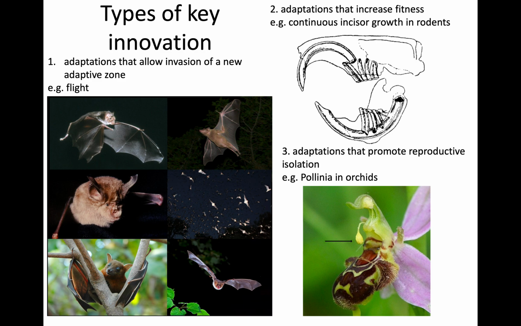Yet another type of key innovation is one that really in no way is good for the organism. Now, we looked a little bit at species boundaries and species concepts, and how committed we need to be to reproductive isolation. But surely reproductive isolation does play some role, even if we aren't married to the biological species concept and complete isolation. So, for example, there could be traits that simply make it easier to evolve a new reproductive barrier, such as some really obscure pollination mechanism, which makes it so that the pollinators are really dedicated to one type, and as soon as it's a little different, well, then they're probably not going to fly between those two